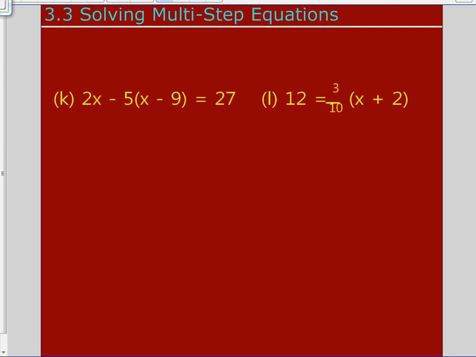All right, so just to go over what we did yesterday. Our first step would be to worry about the distributive part, so that would be the 5 times the quantity of x minus 9. Our 2x stays the same. Now notice that there is the negative sign in front of the 5, so we want to make sure we're distributing negative 5. So it would be negative 5x,